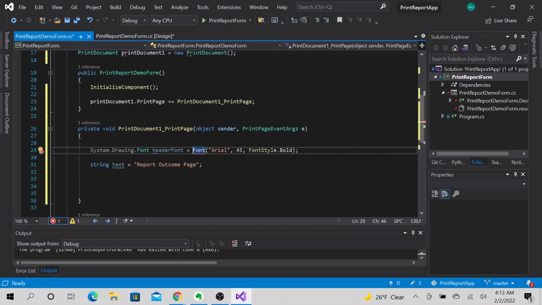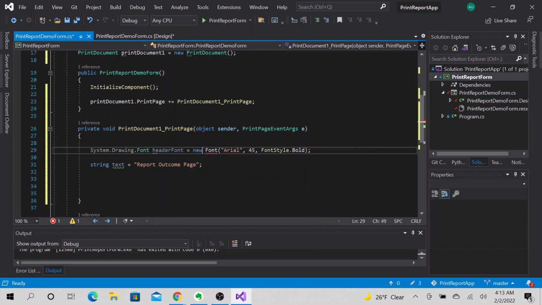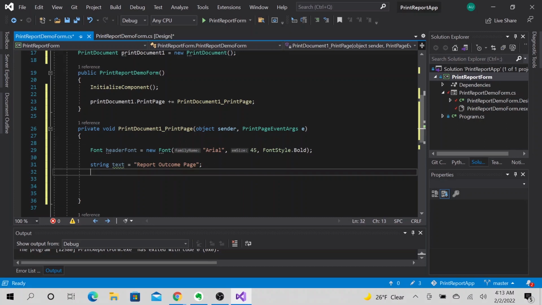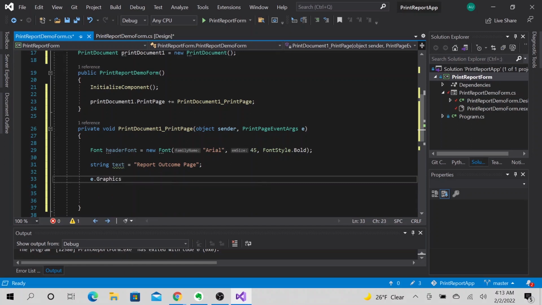Oh, I'm forgetting the new keyword. Okay, so I don't need all this. Okay, font. So now I can create the document graphic,